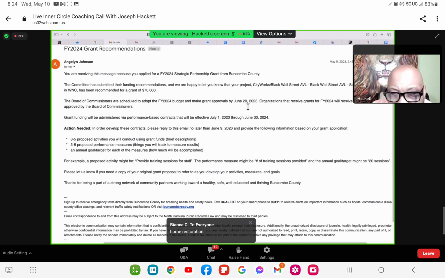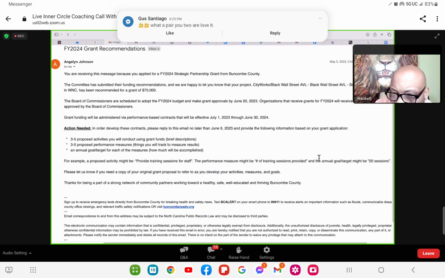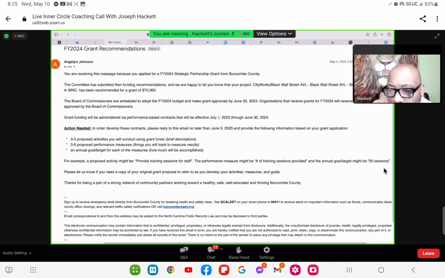Let's look at urban gardening and survivalist training. One example, a proposed activity might be build gardens inside the city. A performance measure would be the number of gardens built. And the annual target would be you actually typing in the number of gardens. So for performance measure, you're going to use the number sign, the number of such and such provided. But in the target, you're going to actually